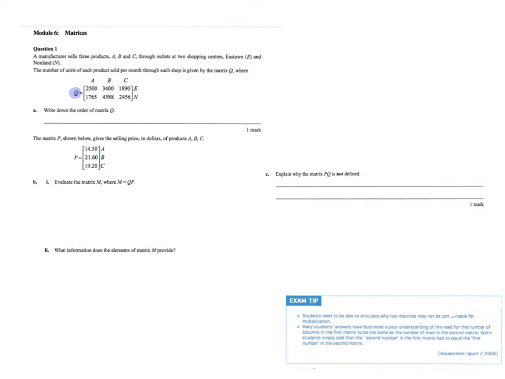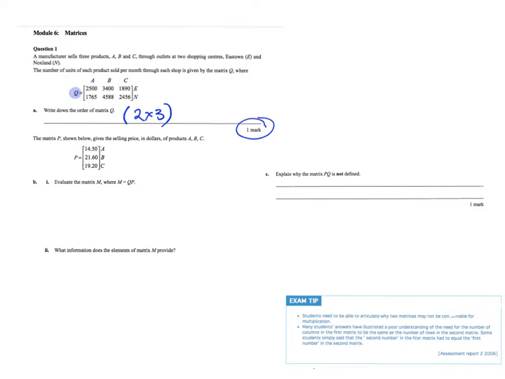Now, first of all, it says write down the order of Q. So remember, order is rows and columns. So what would this one be? It will be a 2 by 3. Really good. You've got 1 mark in year 12. Beautiful. All right. It says the matrix P below gives the selling price in dollars of products A, B, and